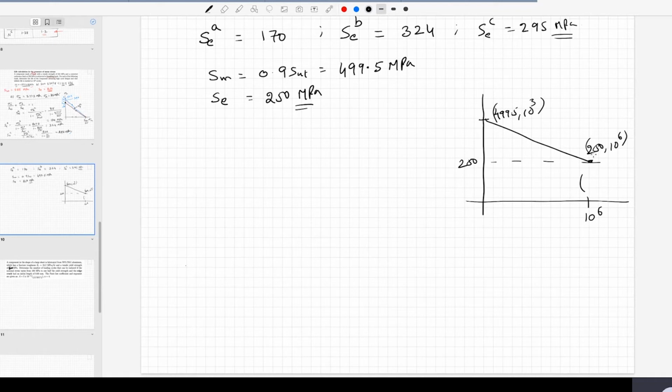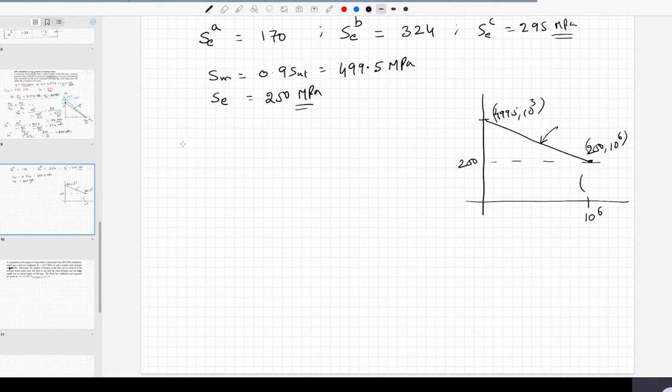Now you need to find out the material properties A and B, because this is for a particular loading scenario. But the A and B values themselves will not change depending upon the loading scenario, because A and B are your material properties, correct? So you just find out A and B from this data.